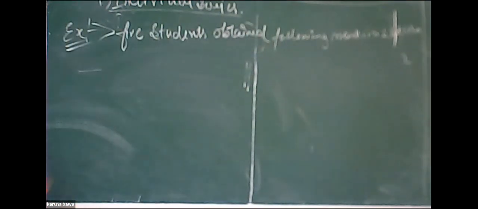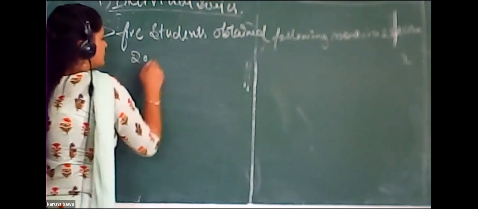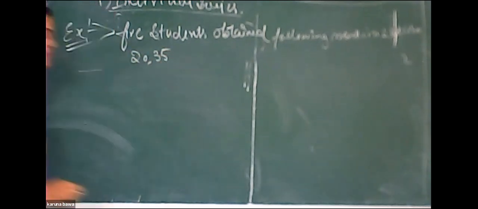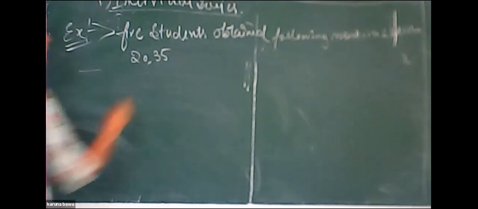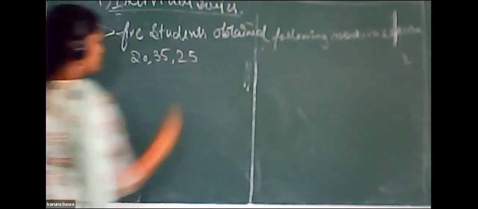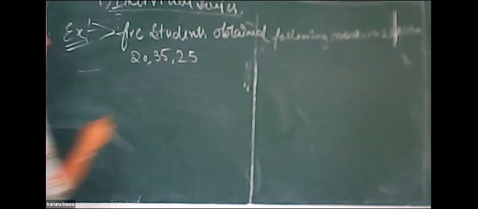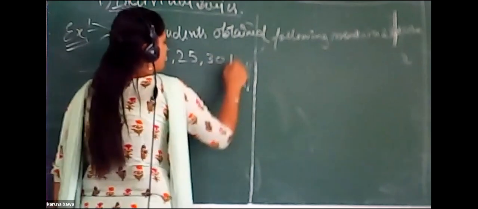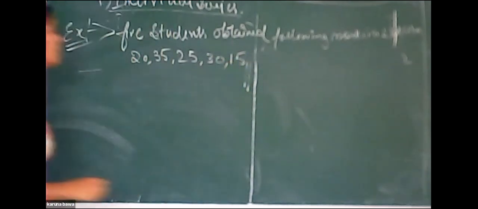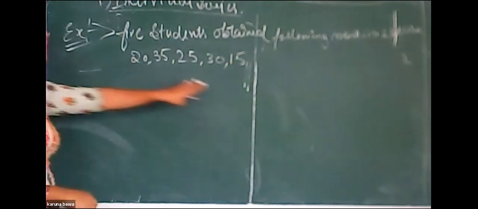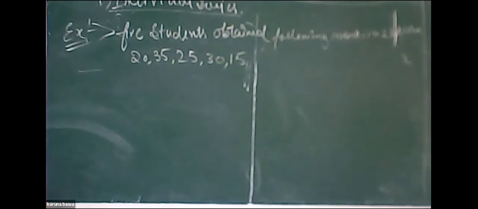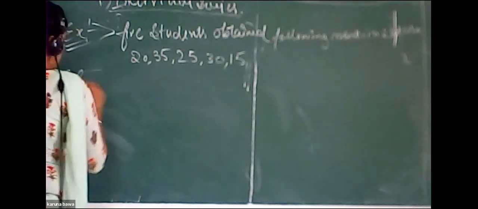So now that is 20, 35, 25, 30. So this is the value of the individual series. So now the solution is,